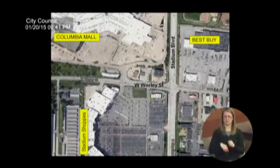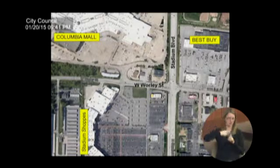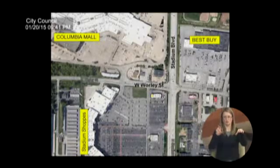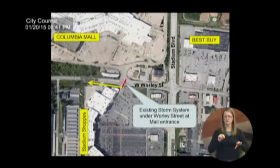Here's the Columbia Mall intersection at the intersection of Worley and Stadium. This is an aerial photo from a plane flying over the area for non-engineers. The mall is in the upper left corner, and Best Buy is across Stadium on the right. Stadium Shops are across Worley in the lower left corner of the photo. There's an existing underground storm pipe system that runs under Worley at the mall entrance, the red line shown on the photo. That storm system continues on down Worley underground to the backside of Stadium Shops, where it daylights